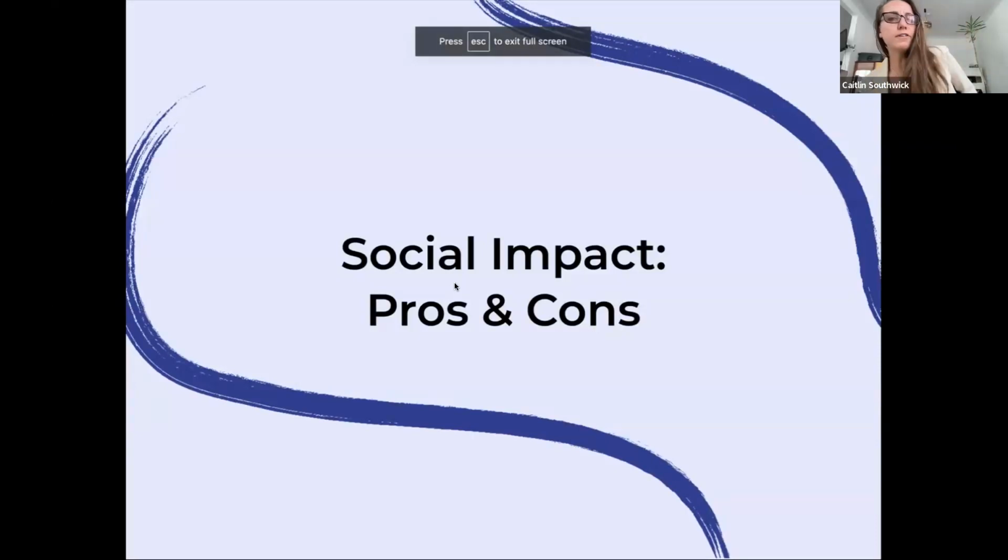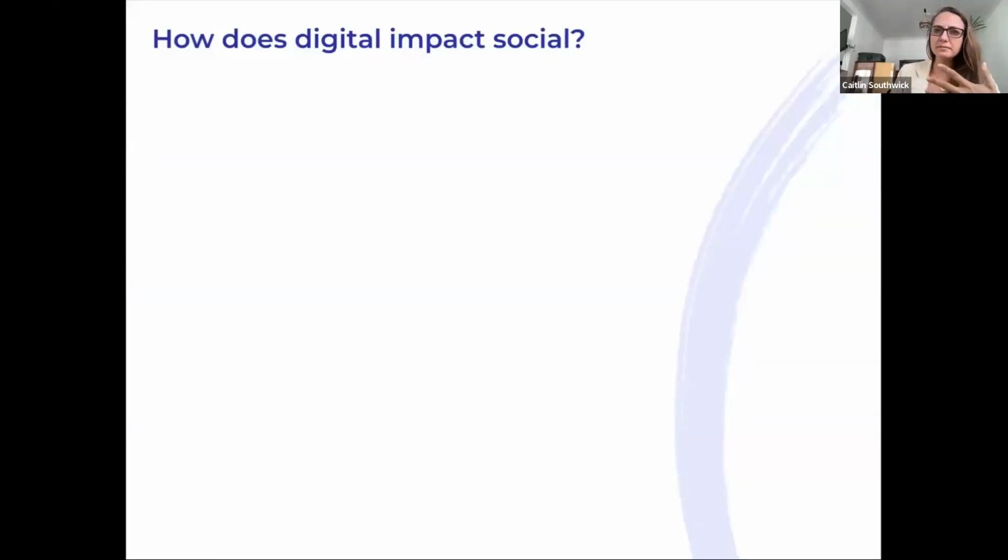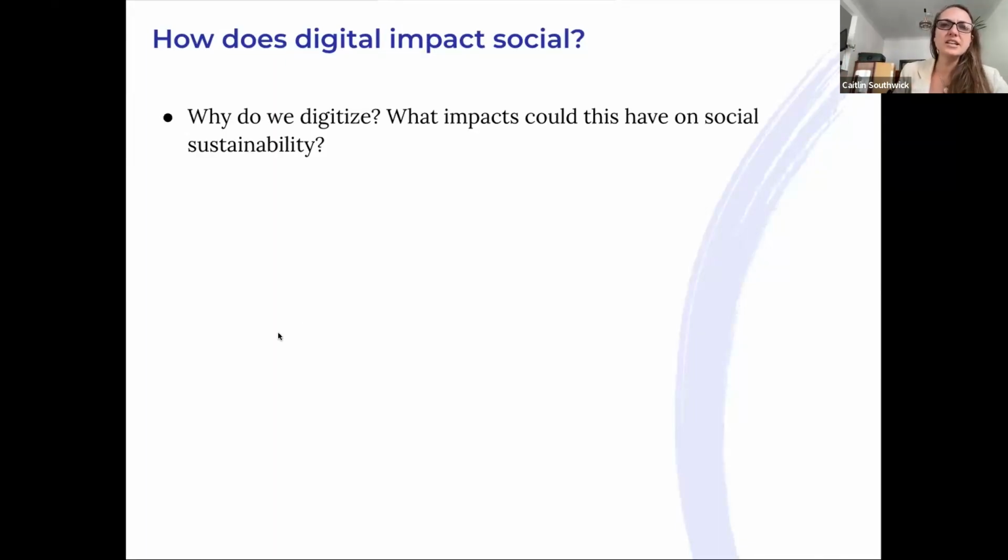And we're going to focus mostly on the solutions here because a lot of what we are talking about in terms of pros and cons for social impact are things we're very well aware of. So in terms of social sustainability, and if you joined us in the first workshop, we talked a little bit about what that looks like, everything from diversity, equity, accessibility, inclusion, or rather belonging, which is something I prefer to use. Obviously, digital has a huge impact on this, both in a positive way,